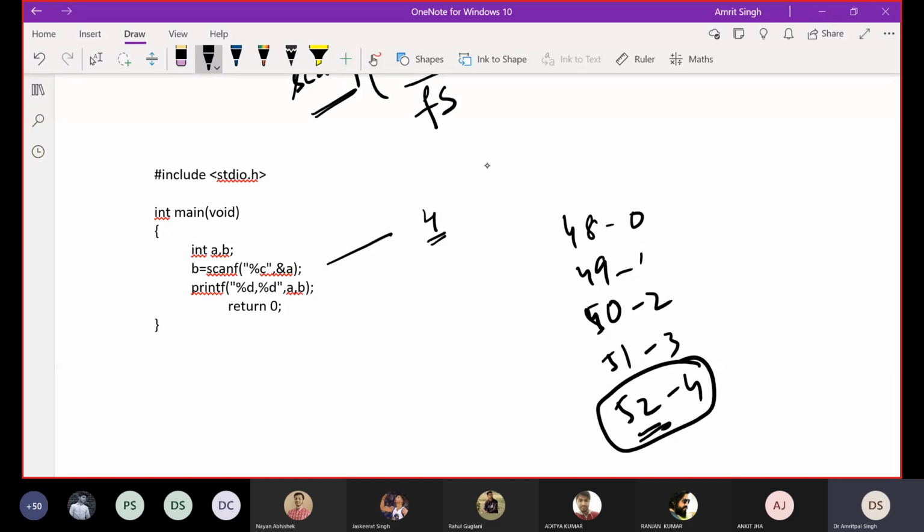So जब मैं ये यहाँ कर रहा हूँ और बाद में मैं इसकी वैल्यू %d प्रिंट कर रहा हूँ, तो it is printing me 52 और b की वैल्यू 1 कर रहा है बच्चा.